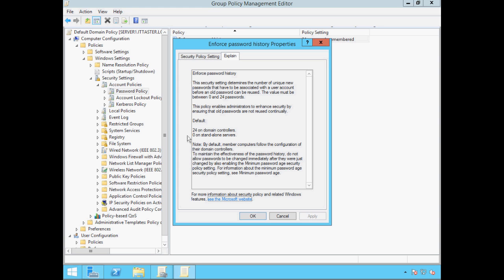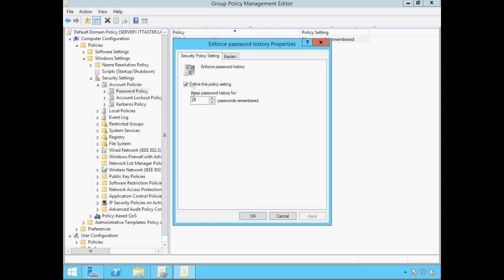Now the last paragraph of the explanation recommends the minimum password age policy setting is enabled. This is to prevent users from quickly cycling through passwords in order to reuse a previous password. Now the default setting for the password history policy is 24, and this is also best practice. So all I need to do is click OK.